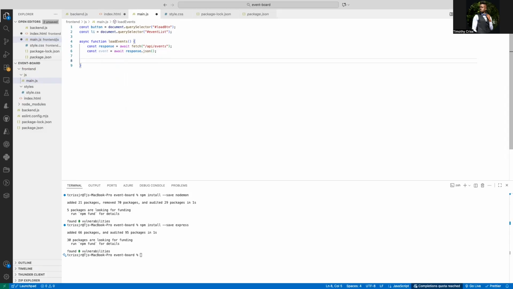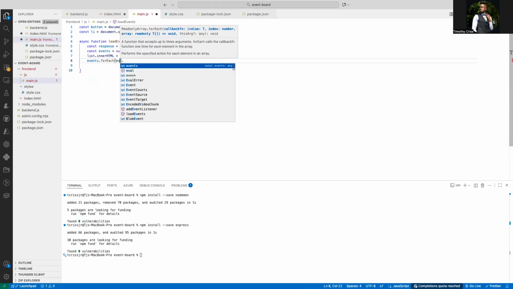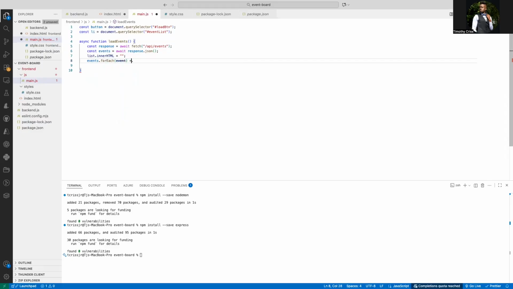So now, next what I'm going to do is create an empty responseHTML equals this. Then let's iterate through our events here. So I will actually call it events dot, then we'll use our forEach that we were taught. We'll pass an event. Then we would do our function definition here. Then let's add in